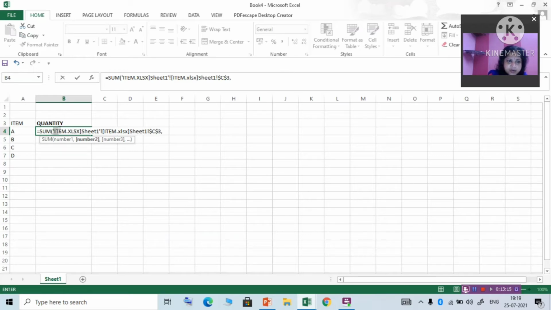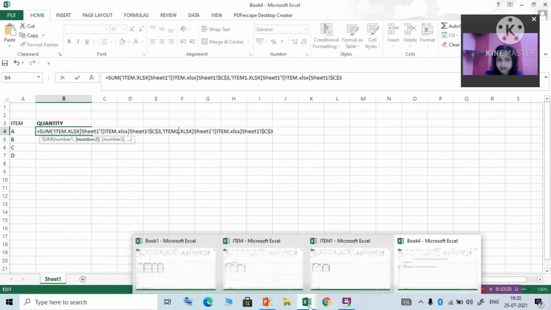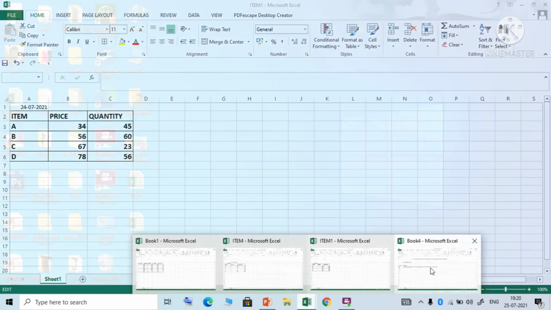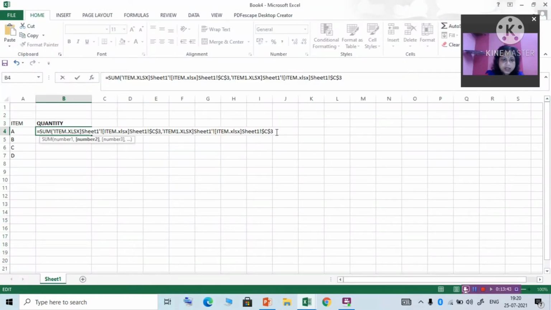Better, copy this data and paste it here, but change the file name to item1, which means the second file. All other things will be the same: in item1, the data is present in C3. Press the enter key and close the parenthesis.